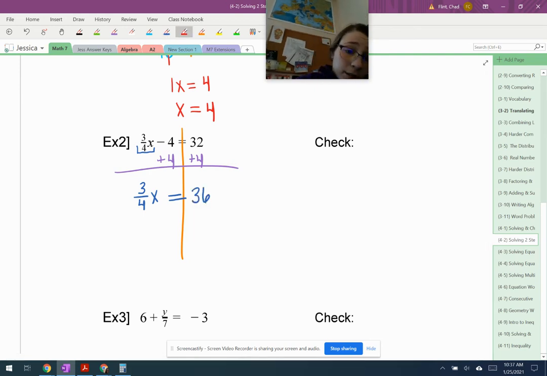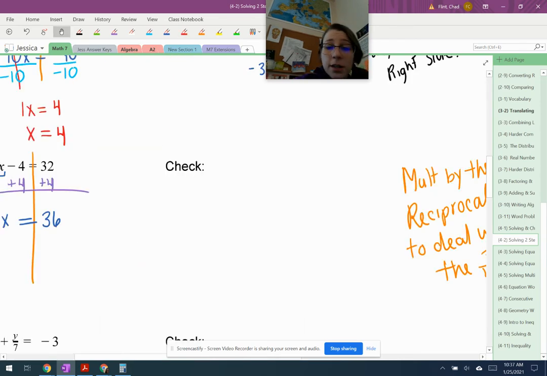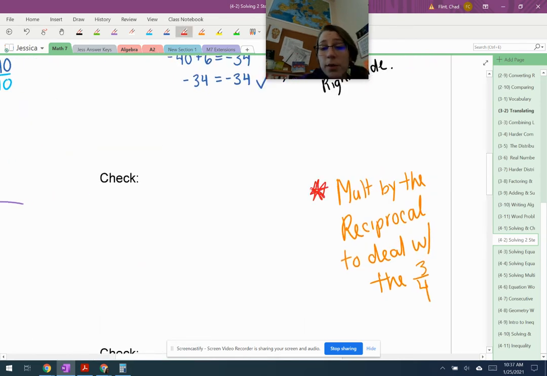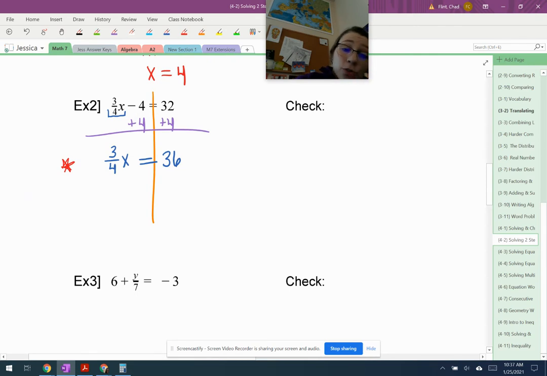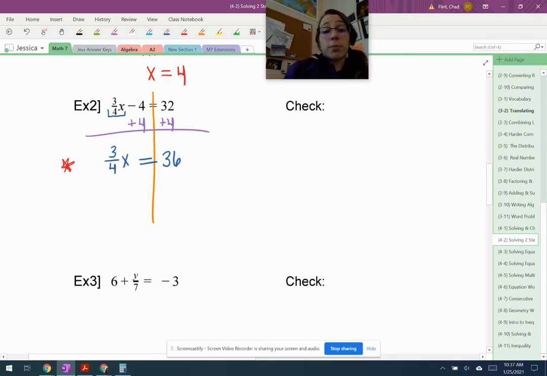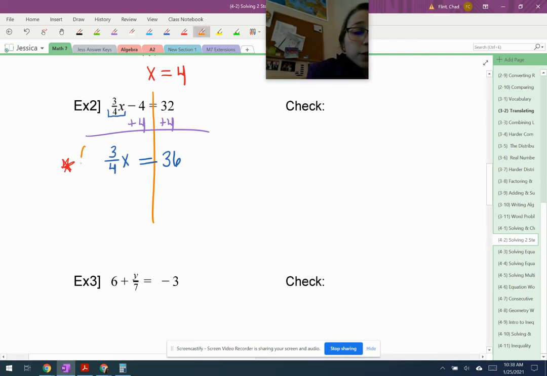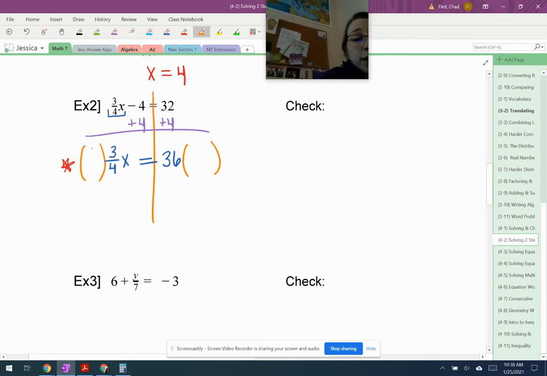So now here, let's make a little red star, and that red star will correspond with that red star, telling us to multiply by the reciprocal here. I get rid of that fraction by multiplying by the reciprocal. The reciprocal of 3/4, remember reciprocal just means flip the fraction, so instead of 3/4, that would be